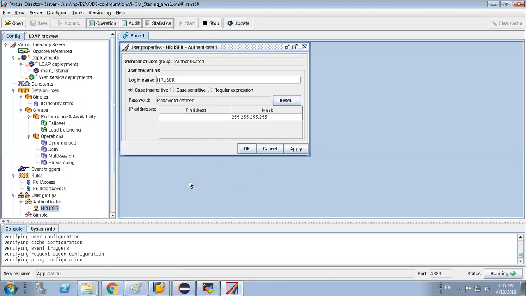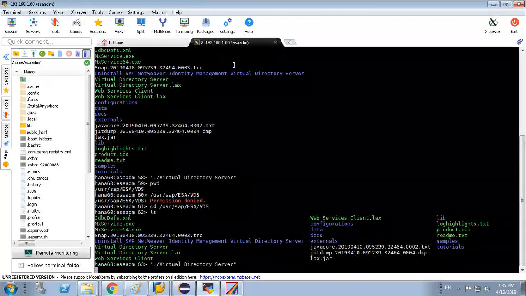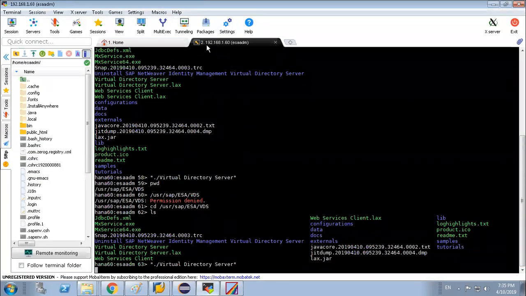So it is now clear how to open the VDS. And you will see the server location, 192.168.1.60. This is your Unix server location where VDS is installed.